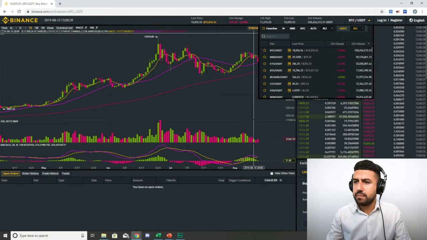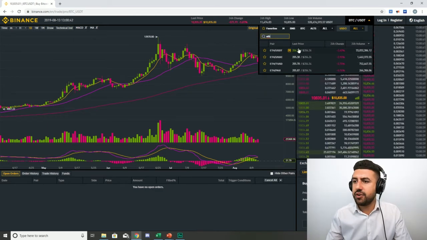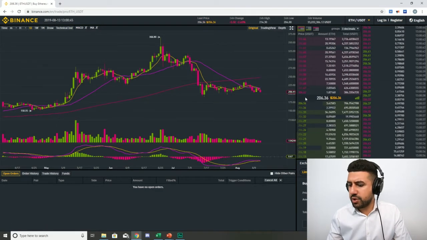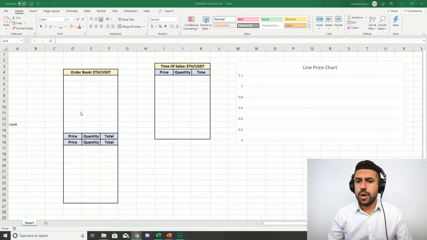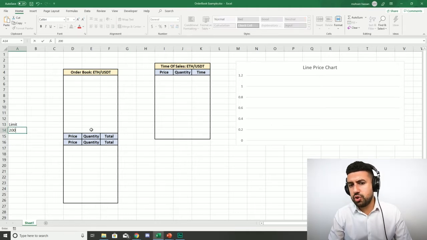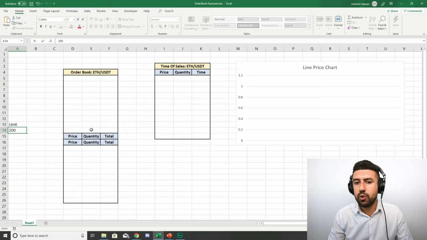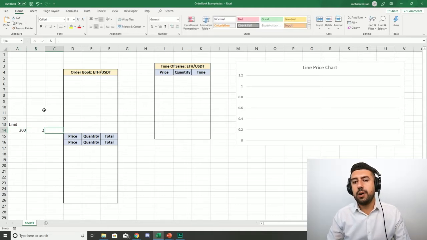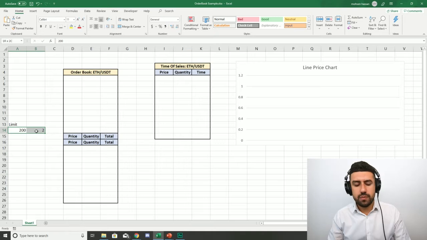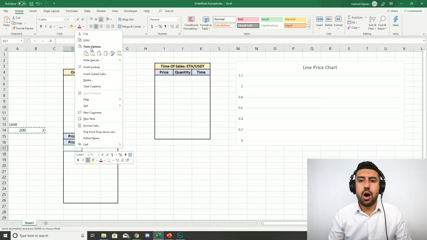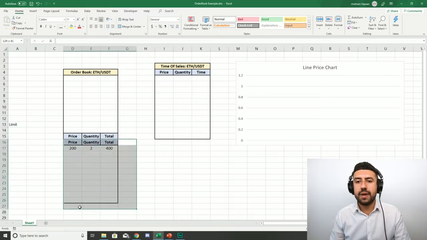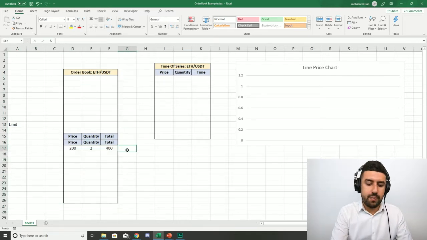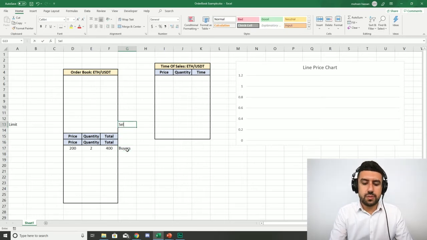If you want to buy Ethereum, we put ETH here, Ethereum USD. Okay, so it is actually trading at around $200, so that's great. Okay, so let's say you're a buyer and you want to buy at $200. You're willing to pay $200 for this crypto, and you want to buy 2 Ethereums. Well, this is your order. It's a limit order. What happens is it's taken and sent to the exchange, and the exchange posts it on its order book. So it shows up here on the order book. This is going to be all the buyers, and this is going to be all the sellers. Here are going to be buyers, and here are going to be sellers.